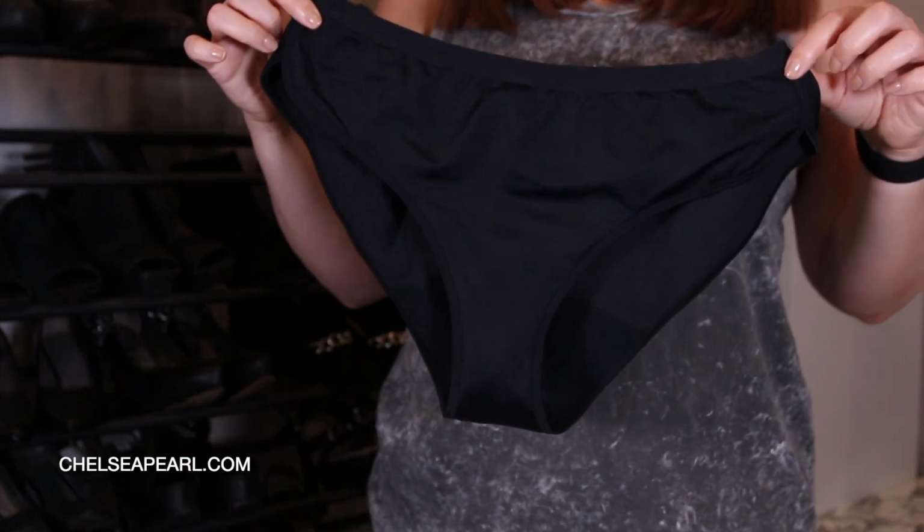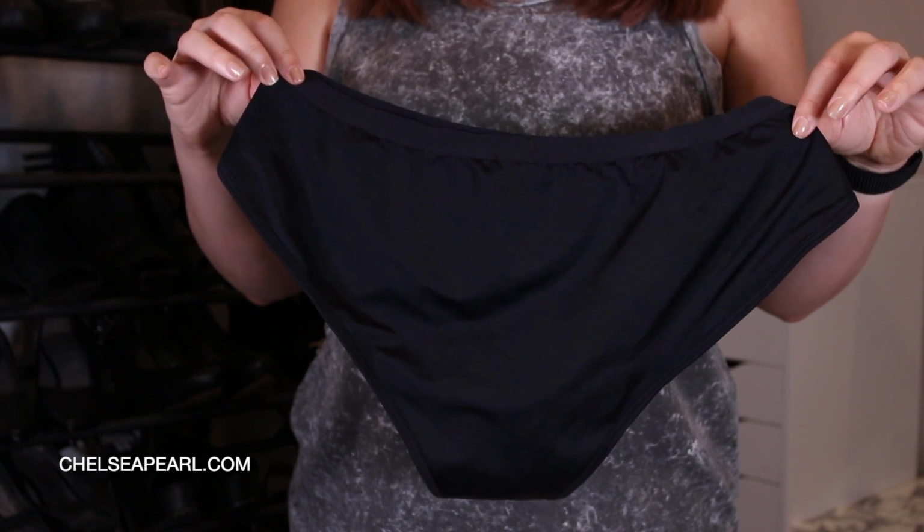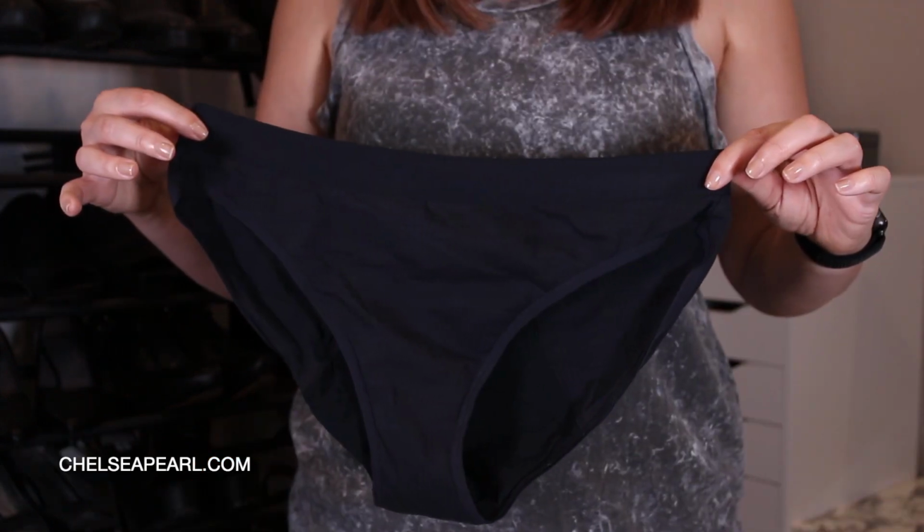Of the 2, the Sport are definitely my favorite pair and the pair I prefer to wear. They've got this nice little cut on the side, which kind of scoops up the hip, and they're that cooling, moisture-wicking fabric similar to, you know, yoga pants or something like that. In the crotch, you'll see that it is double lined and the fabric is considerably thicker in that area, obviously with these being period underwear. I just prefer the more cooling, moisture-wicking, silky feeling fabric, whereas the cotton briefs are just a little more